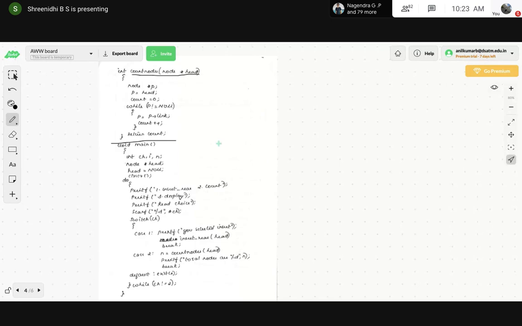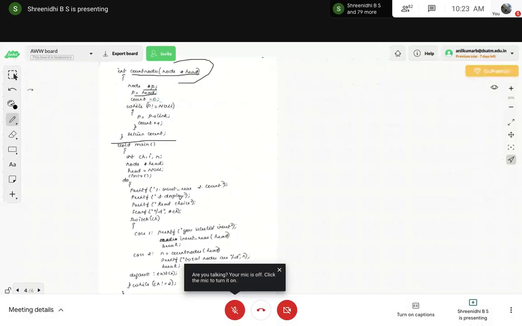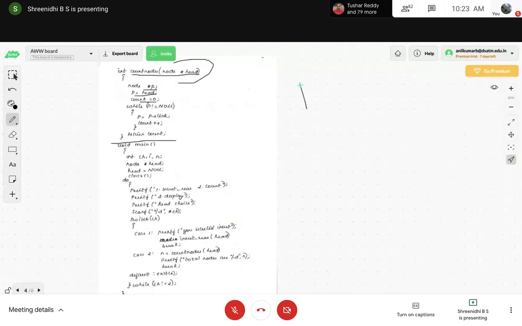Here again, head is a node variable we have. So node star p, one more pointer variable created for a node. So p is equal to head. Initially, the count will be 0, while p not equal to null.